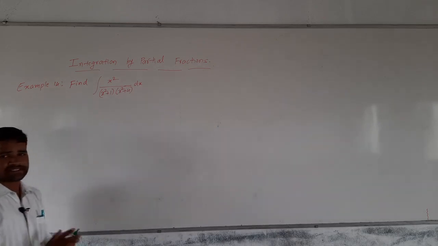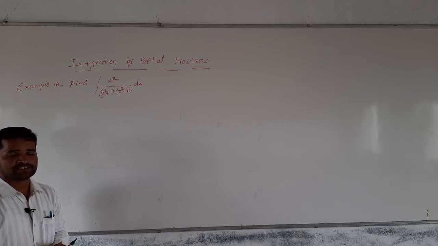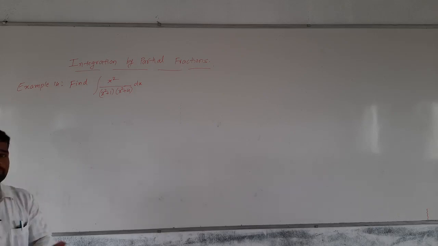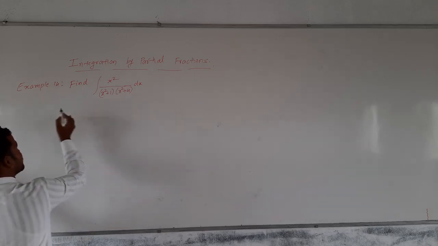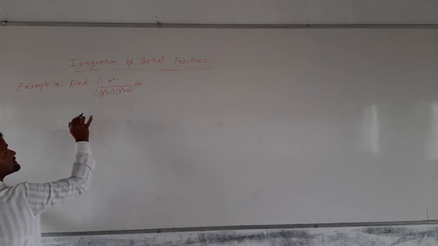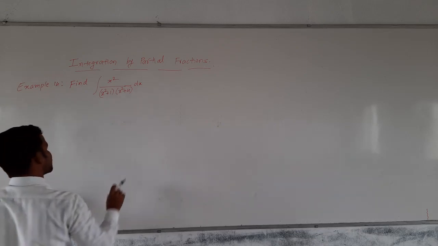Everywhere you observe it is x². First of all, is it in proper fraction form or not? Yes, it is in proper fraction form, because the denominator degree is 4 and the numerator degree is 2. Anyhow, everywhere x² is there. Just for the purpose of simplification, I will substitute x² equal to some other term, that is x² = y or something.